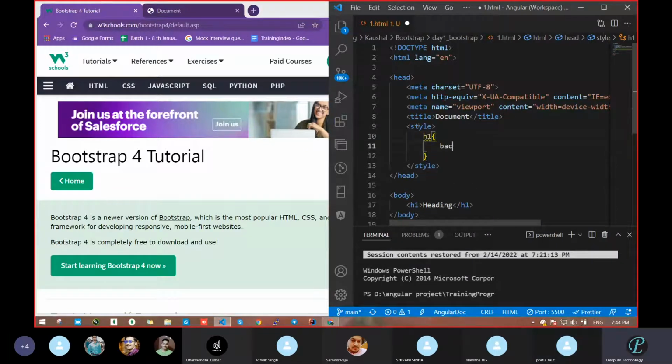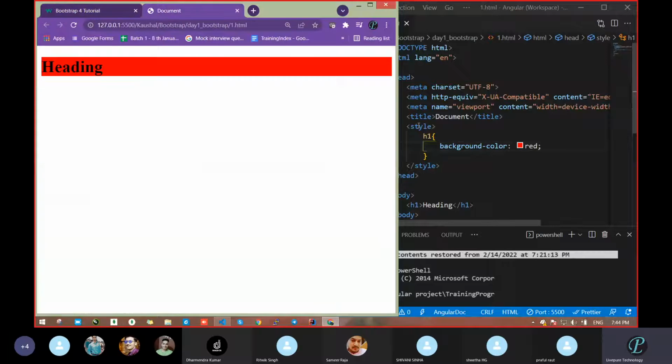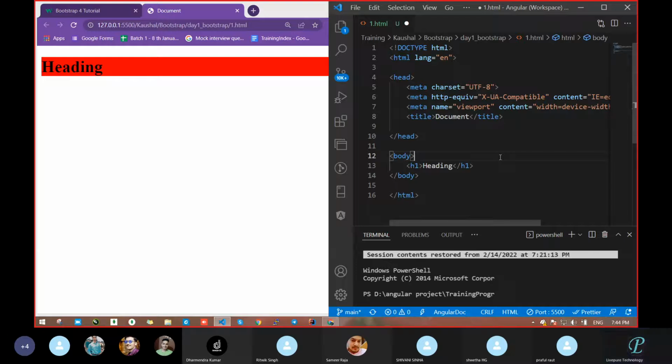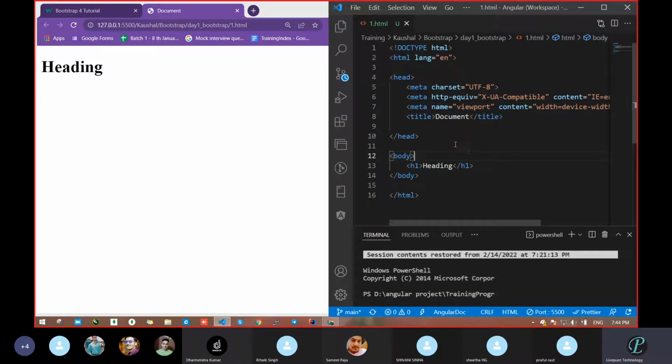We can say that we are going to use a ready-made class. That's fine, no issue, that's also the same thing. So see what we have done. We wrote 4 lines here, correct? While executing, it has to execute line by line, so total 4 lines. Second thing, we have to write this much code. We wrote only 1 line, but still we have to write. But in the case of Bootstrap, no need to write that much. We save our time because we don't know CSS and don't want to revise CSS. So why would we do that? Remove this. Okay, I think nobody is planning to revise CSS.